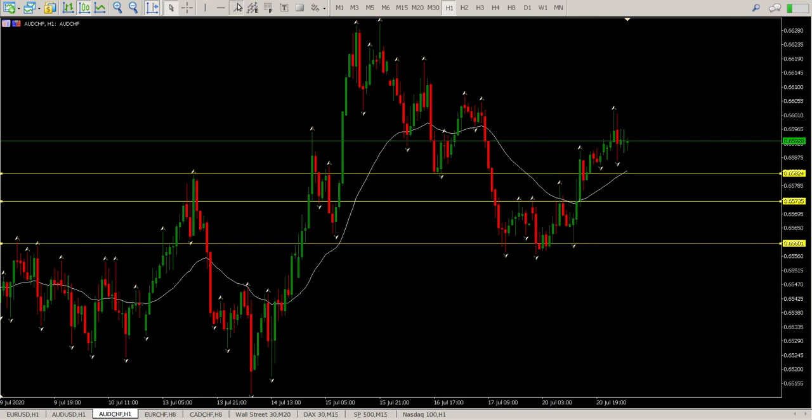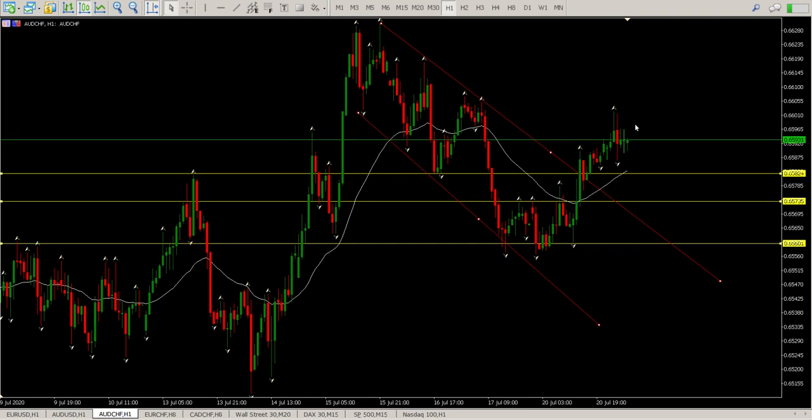I think the key here is that has broken. Okay, so this channel flag has broken, and we haven't retested. We've had a 1 bar retest, so it's very possible to come back onto one of these levels here and offer an entry to the long side. Euro Swiss franc,